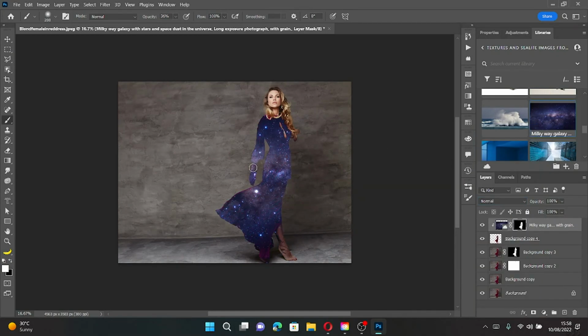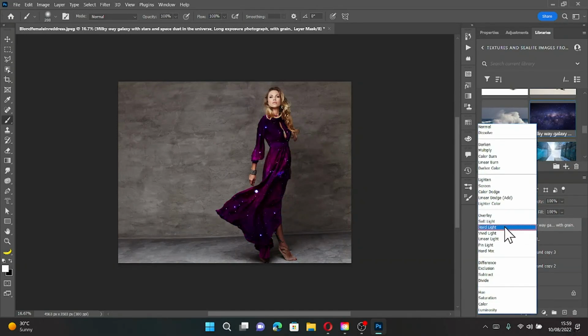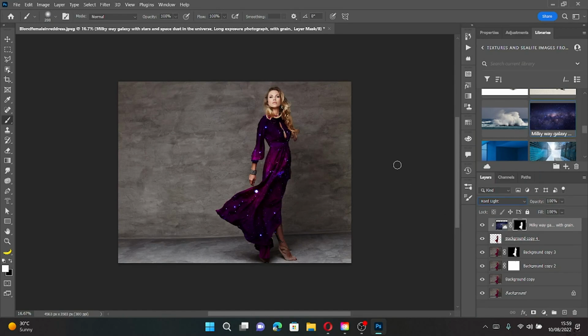Also she's got a hand as well, so I don't want her hand in there if I can help it. And then I'm going to just probably swap it to hard light. And what I'm going to do, because I've done that, is I'm going to go underneath, go to adjustment there,